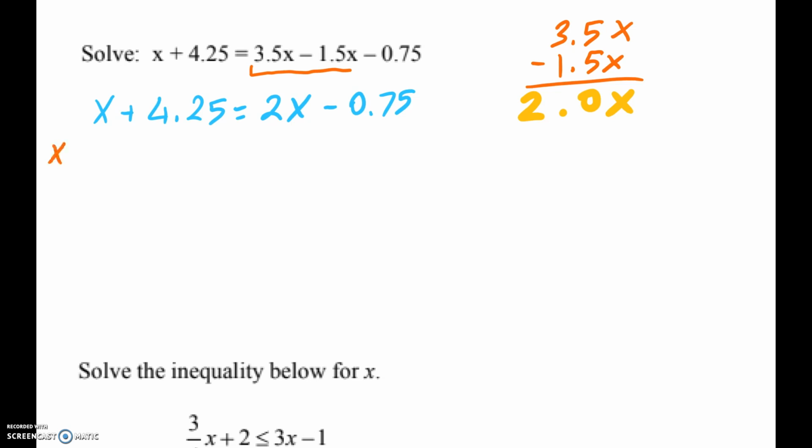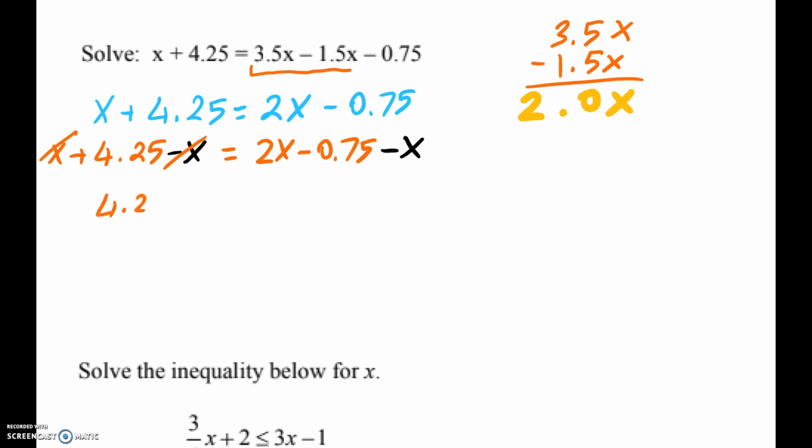I think we can get rid of this x from the left, and I want to do pretty much the same thing to the other side because I have to. This is how we solve equations. 2x minus 0.75. And I need to take away this x again, right? Now, you got rid of these, right? 4.25 is equal to x minus 0.75. Now, if you add 0.75 to both sides,